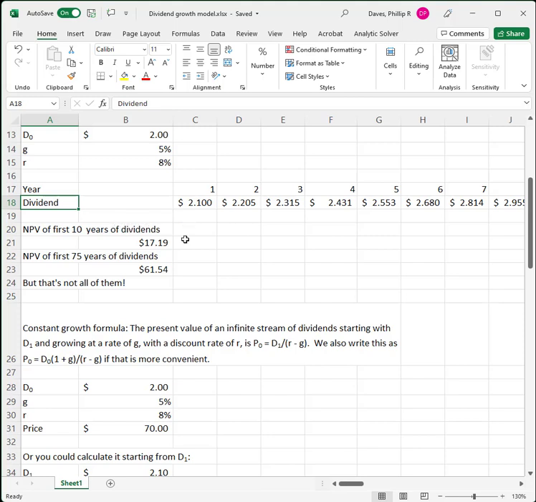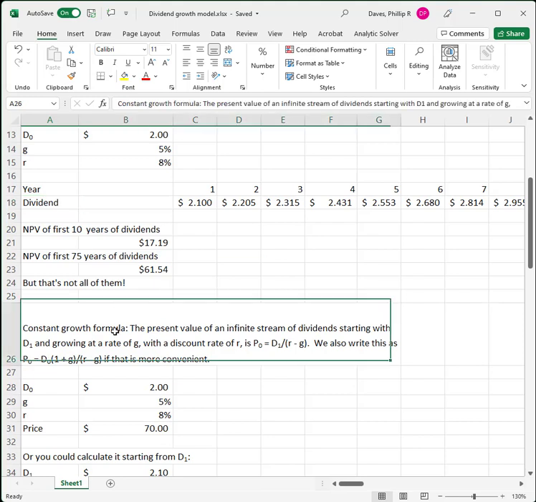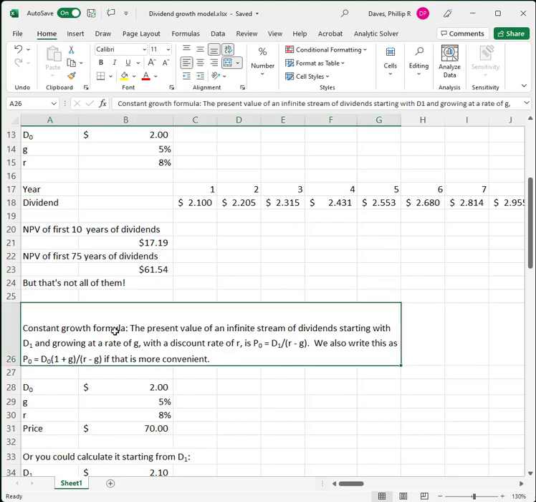All right, so that's not an infinite number of them, and so we have to use a formula. This present value of an infinite stream of dividends is what's called a geometric series. And this geometric series does actually have a formula. It's the sum of the present values of all of the individual items in it. And there is a formula for that summation of an infinite number of present values. It turns out the formula for that is